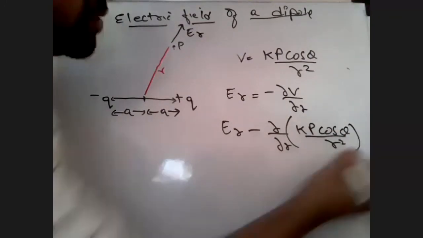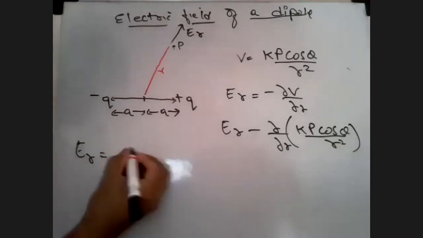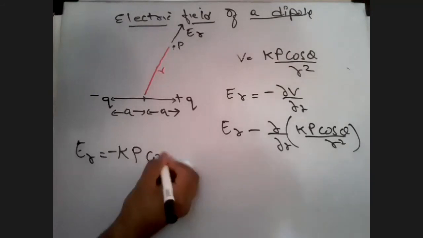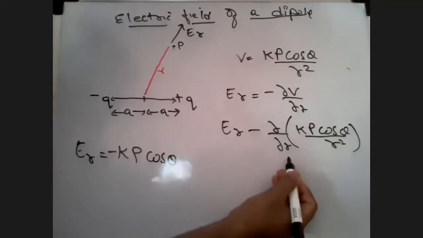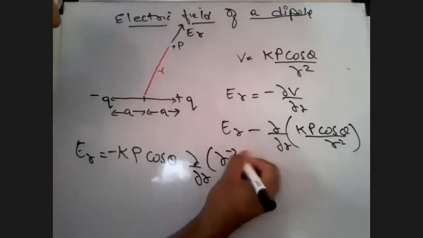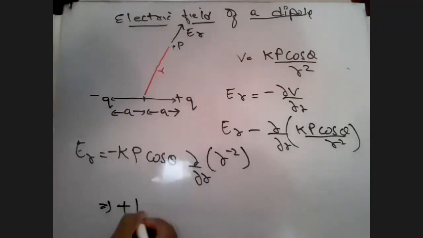Tell me what is going to be the derivative first. Er is going to be equal to what? Minus Kp cos theta comes outside, because I am differentiating with respect to r. So it's going to be d by dr of r raised to minus 2, and that is going to give me plus